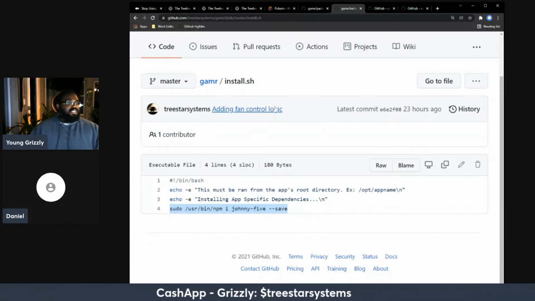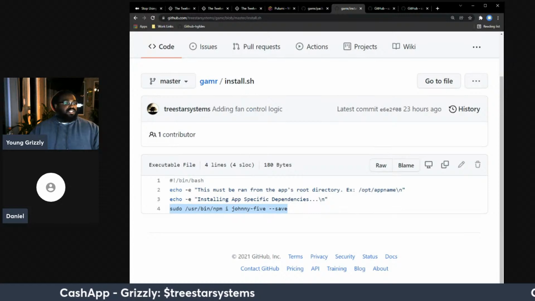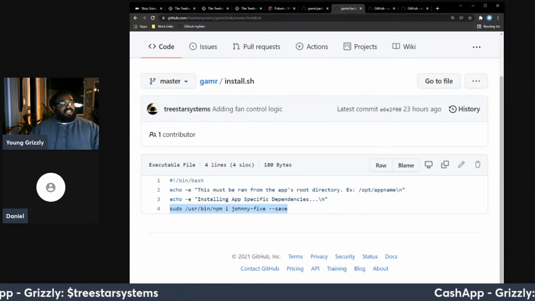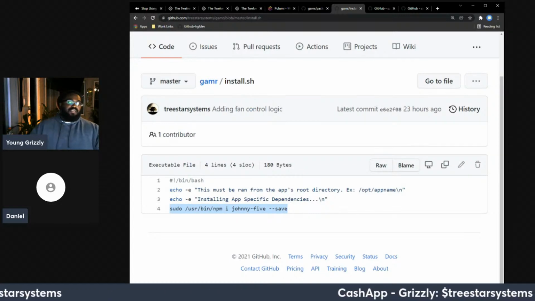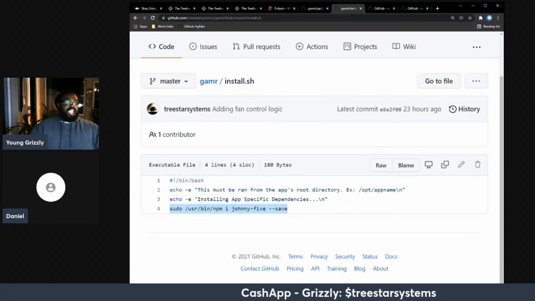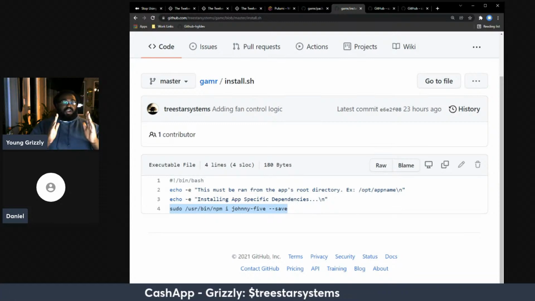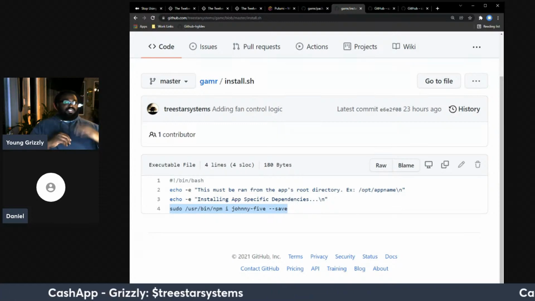So one of the things I have to do with this is actually have an install.sh that installs other dependencies that are app specific. That's another reason: I have my boilerplate to create my Node.js project that asks me a couple questions. It's a bash script.